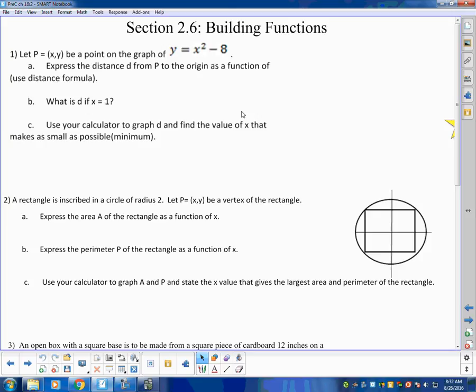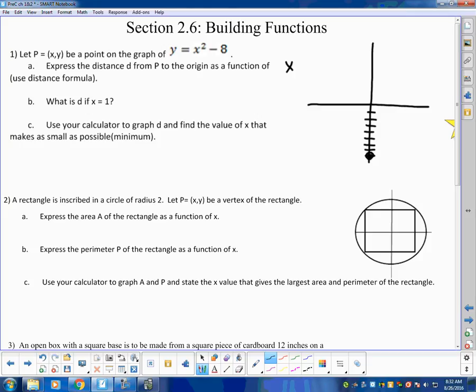So it says, number 1, let P equal (x, y) be a point on the graph of y equals x squared minus 8. Express the distance d from P to the origin as a function of x. Does your worksheet say that? Yeah. Okay. So if I draw the picture of y equals x squared minus 8, it's a parabola facing upward